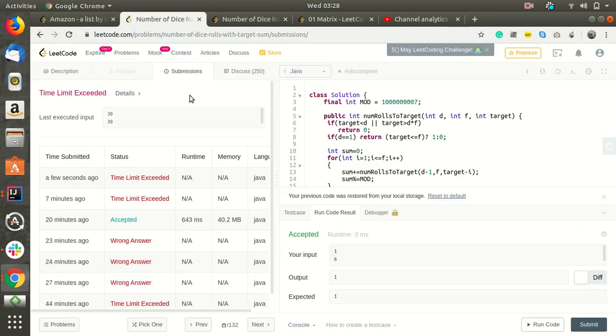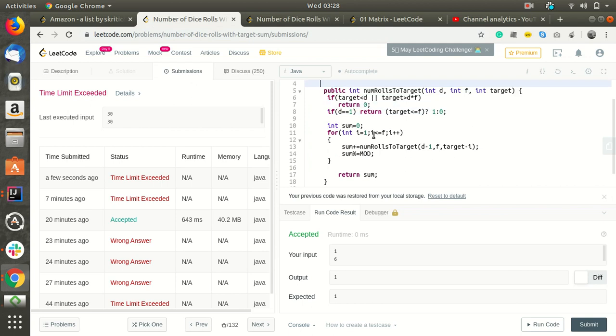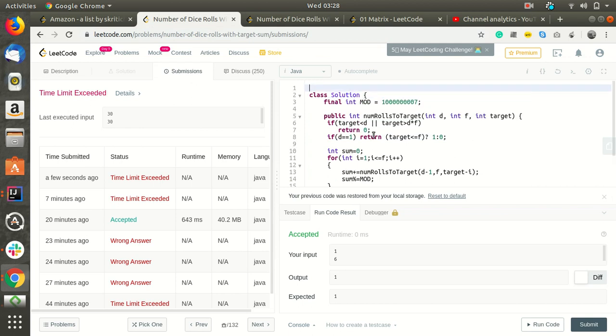So what we can do is use memoization in order to avoid the same calculation again and again. If you draw the recursion tree, you will find that number of rolls to the target will be called multiple times with the same values, like D, F and target being the same, but it will be recomputed again and again.